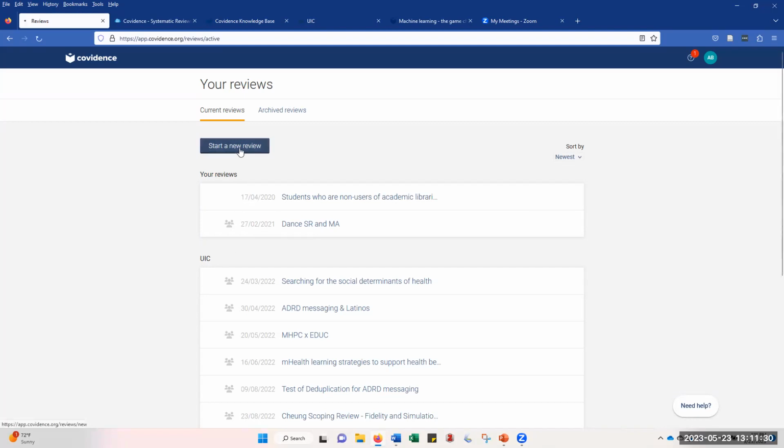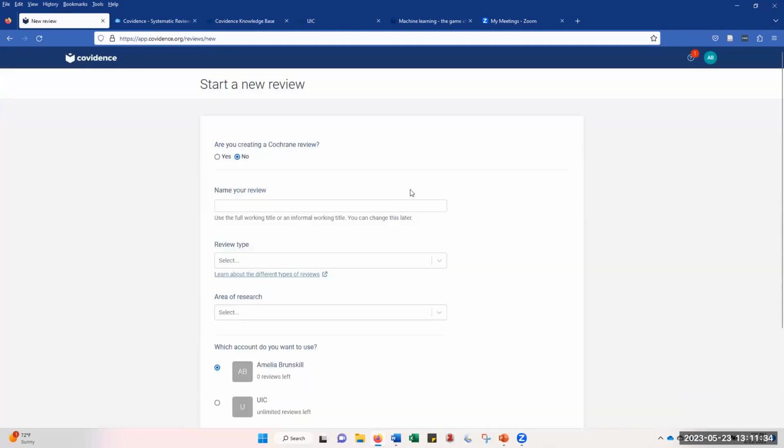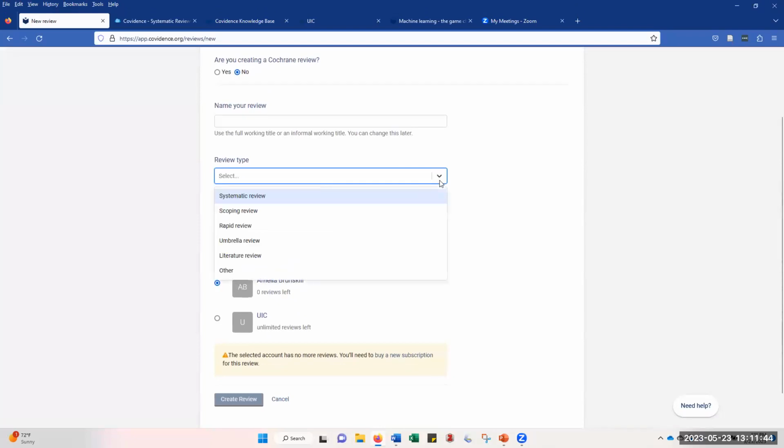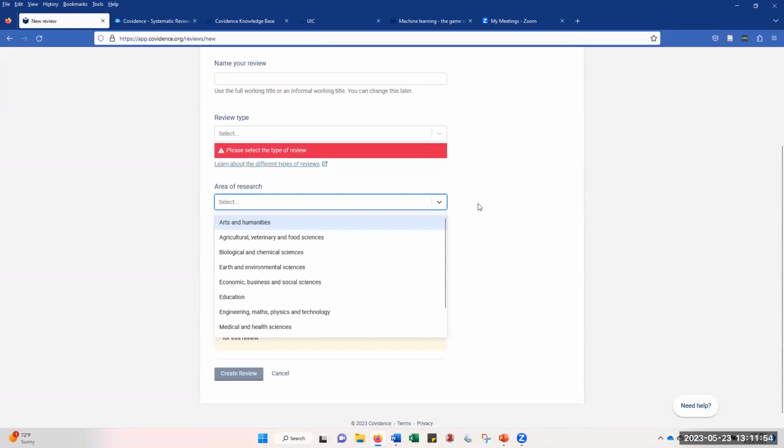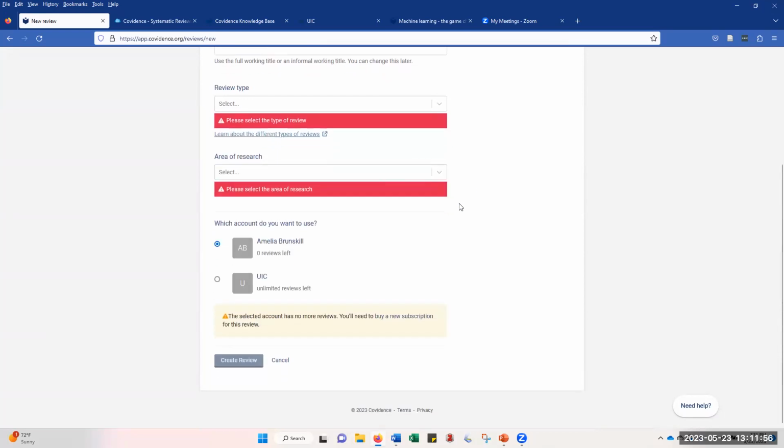If we're going to start a new review, we have the Start a New Review button. Put in some basic information. Are you creating a Cochrane review? You'll know if you are, otherwise you're not. Then name your review type. I talked about systematic review and scoping review, but technically it does support other review types as well. It asks for area of research, broad topic area, and